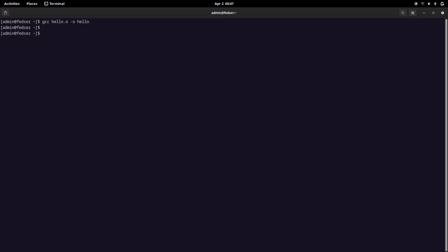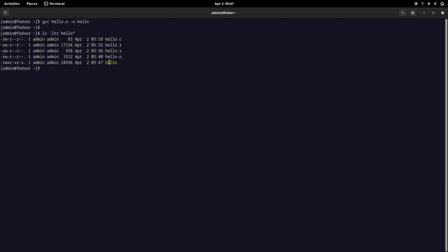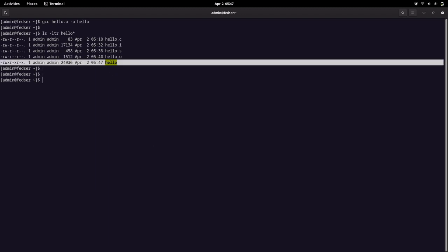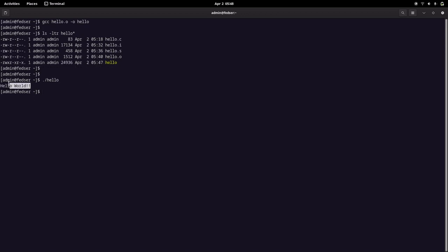So if you see the output here, now we have the hello executable file created, and this file we can directly run using the shell interpreter, which basically loads that program into the main memory and executes it with the processor. Okay, so as you can see, we have displayed our hello world output, which is the printf line which we have included in our hello.c program file.